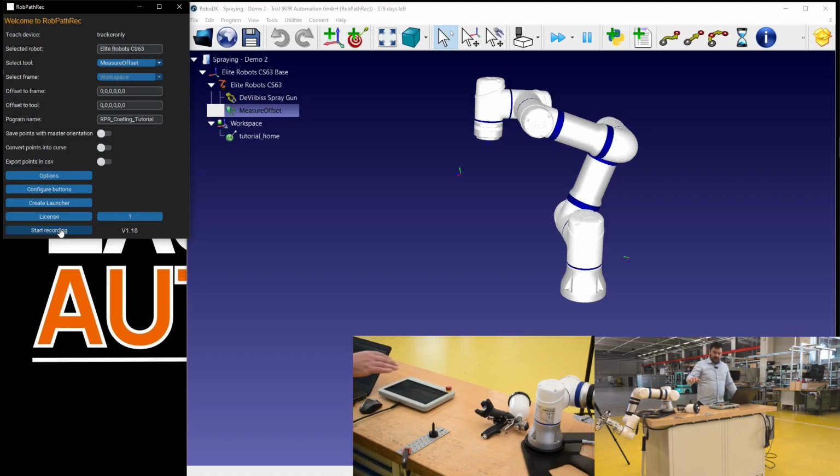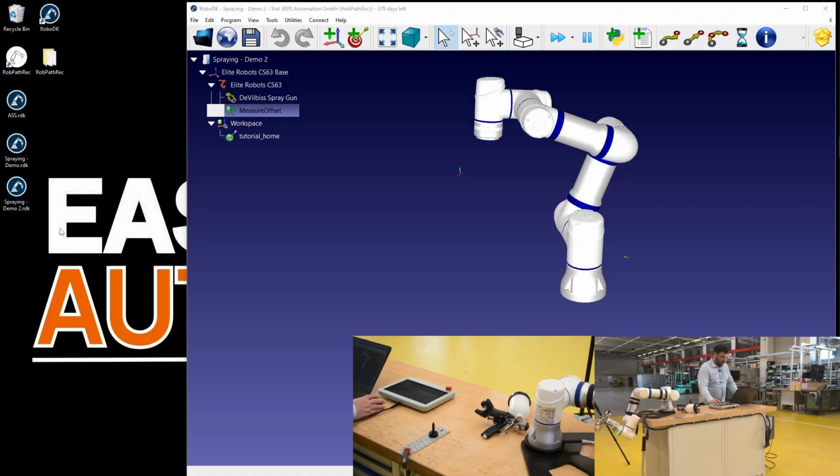We will go through the normal origin X, Y initial calibration, and then I will come with my spray gun to this TCP calibration tool, and I will record a couple of single points so that I can draw a kind of virtual sphere around this point. Okay, so just do this.